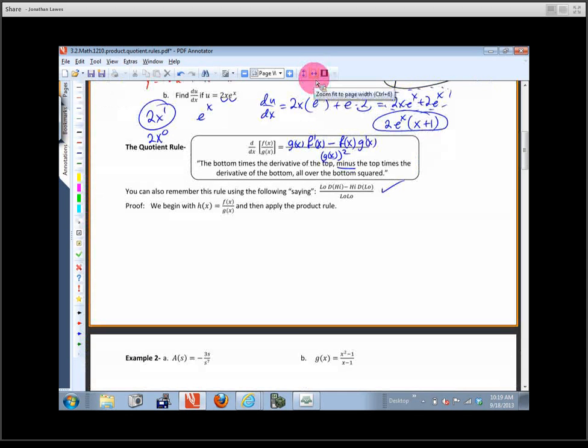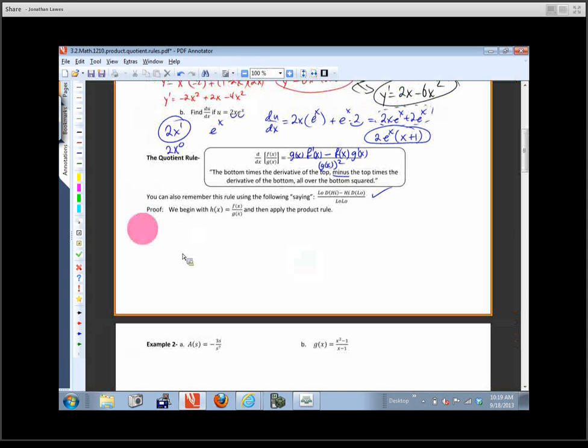We're going to run through a quick proof, and like any good mathematician, we're going to use something that we already know how to do. So here's what we're going to do. We're going to start with this function right here, any generic function that's defined as a quotient. So h is defined as the quotient of f over g, and we're going to apply the product rule. In order to apply the product rule, I've got to make this a product. So I'm going to write this as h times g, and that equals f. All I'm going to do is just rewrite h,